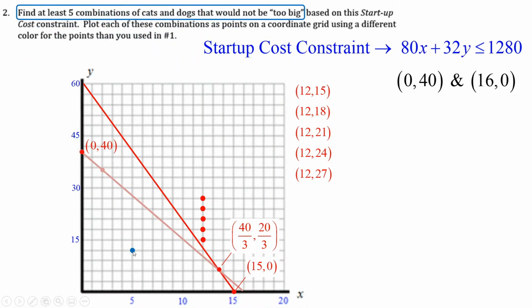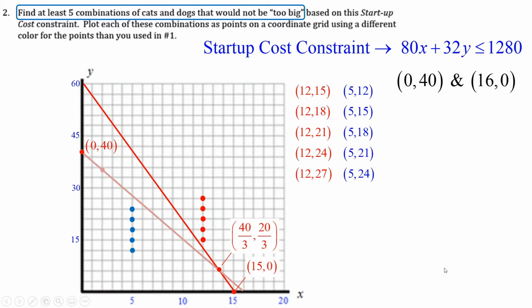Okay, that would work. And now to keep things simple, let's use the same x-coordinate again. 3, 4, and 5. There they are. Now let's write the 5 ordered pairs representing those 5 points where the startup cost is not too big. So the x-coordinate for each of those points would be 5. And now let's list our y-coordinates. Well, the first y-coordinate is right there, and that would be a 12, and then a 15, 18, 21, and